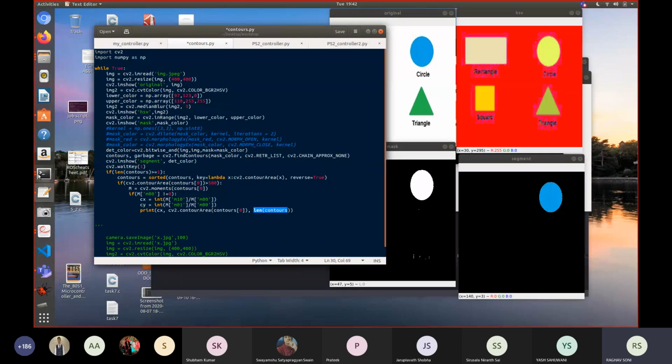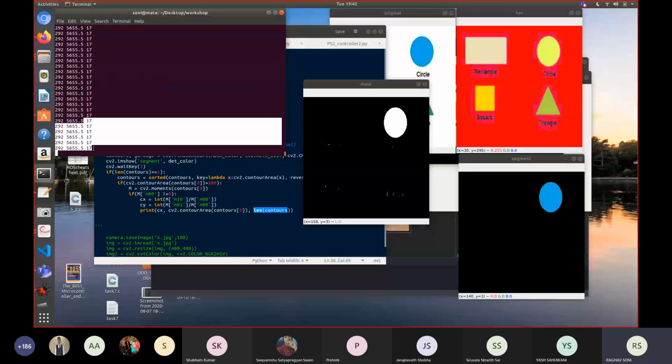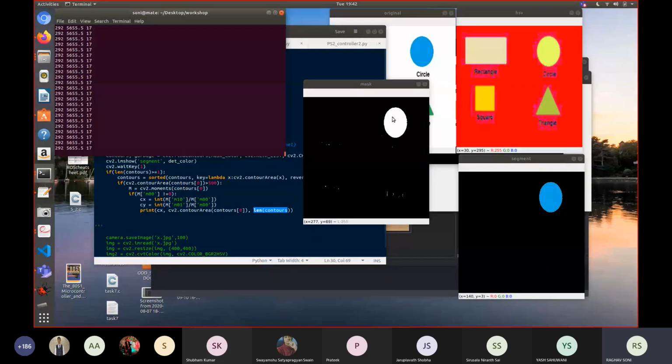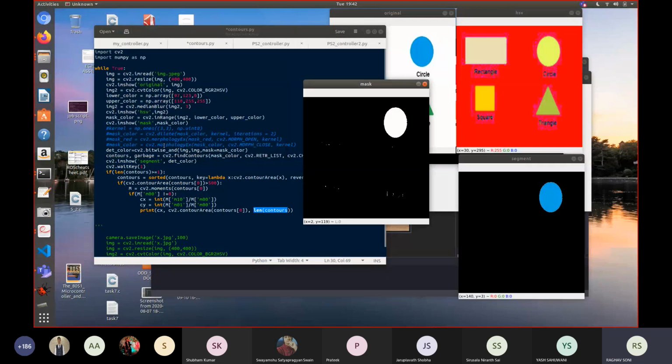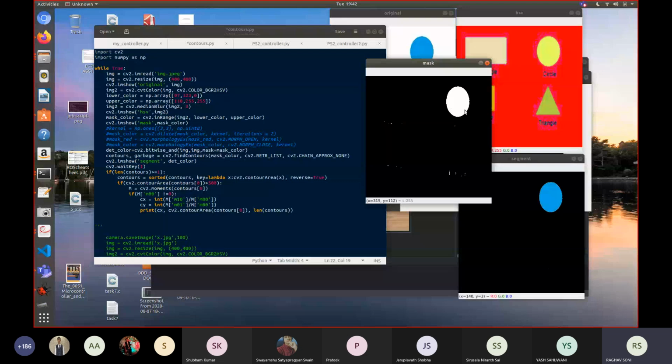So what will I do to avoid the noises and to just concentrate on the circle? I know that obviously the noises will be very small. The first thing I do is check whether any contour is being detected in my image or not. The contours that I'm getting in return will have as many sublists inside it as there are contours in this image.